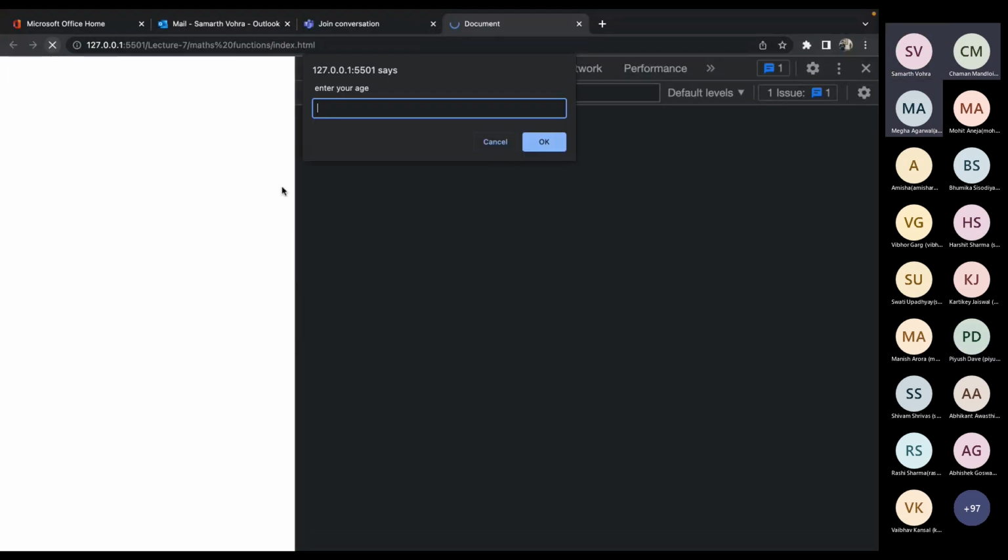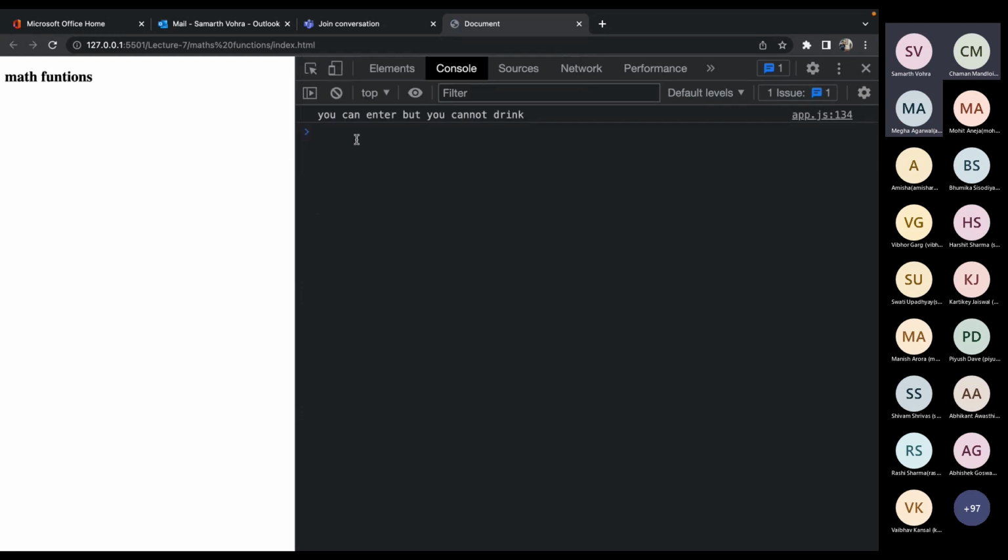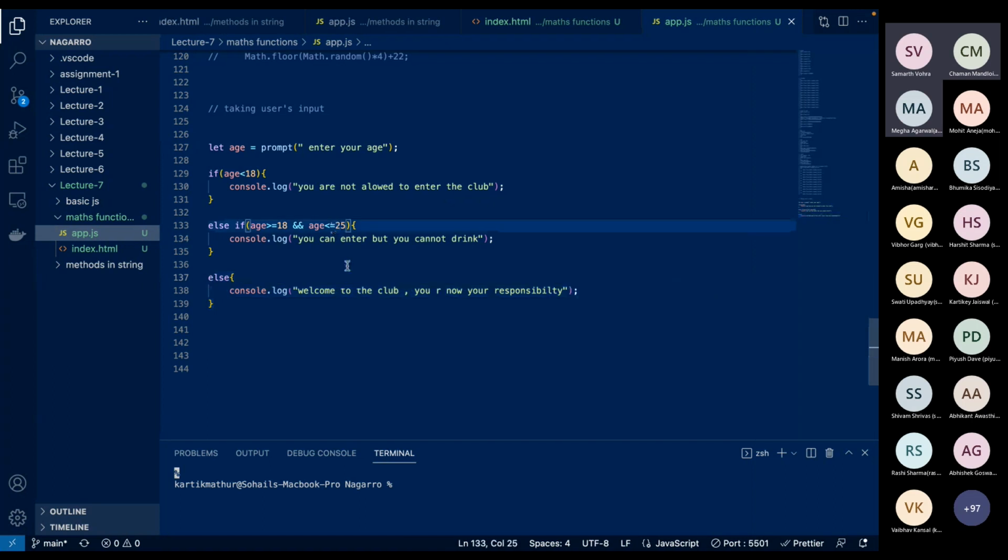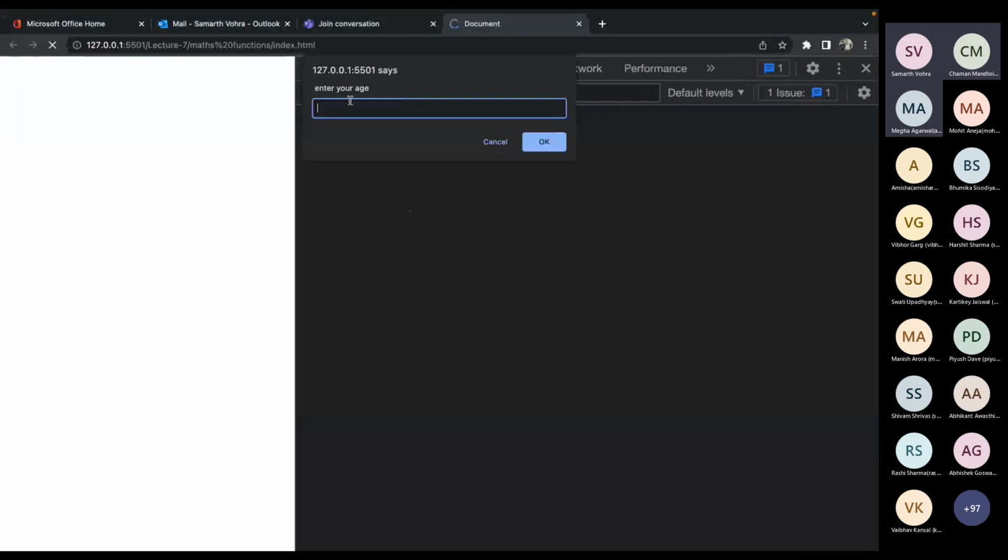I'll refresh it again just to get my prompt value back. If I type the age, let's say 25 only, it again shows me you can enter, but you cannot drink, because this is inclusive of 25; the equality sign is there. If I remove this equality sign, refresh and enter the age 25, then it says